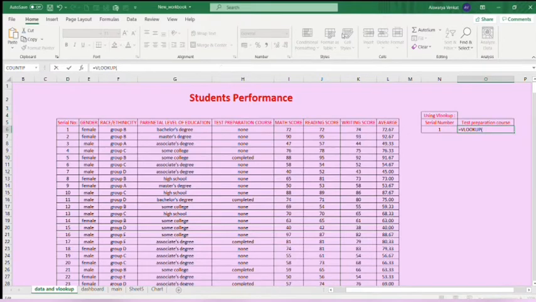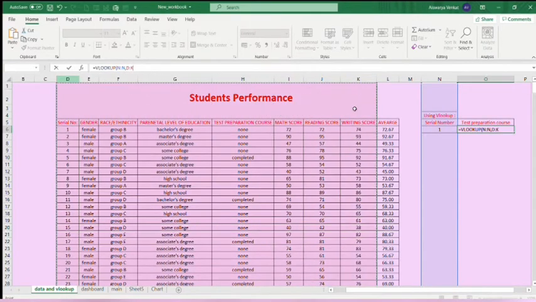Now we are going to see about VLOOKUP. VLOOKUP is nothing but vertical lookup. It is a function that makes Excel search for a certain value in a column, the so-called table array, in order to return a value from a different column in the same row. So now we are using VLOOKUP in this data set to find whether the test preparation course has been completed or not by the group. For that, I am inserting a serial number column ranging from 1 to 500.